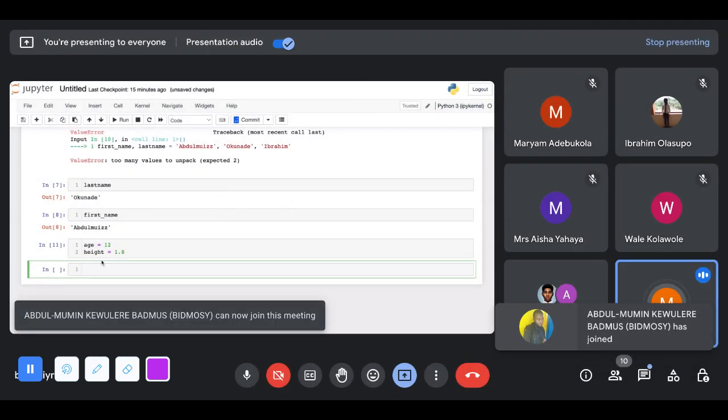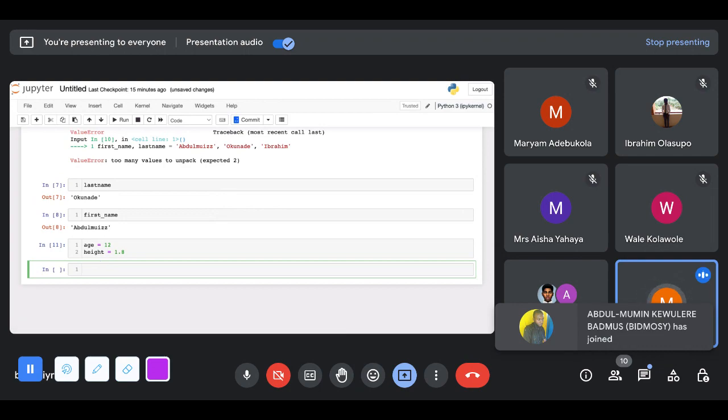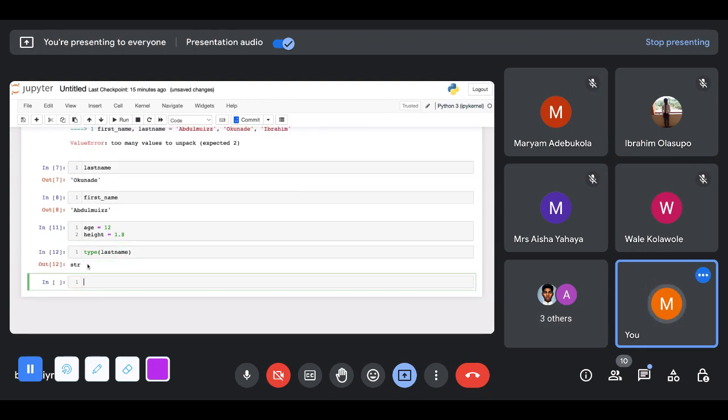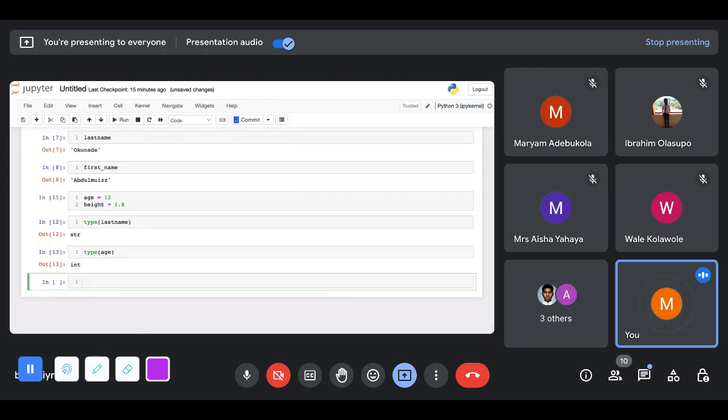We can go further and say we want to get what type of data our last name is. What you just have to do is use the type function to get it. You just say type last name. You put your variable, and it's going to return it for you. This is telling you that it is a string. Now let's do it for age. Type age. It's going to return an integer for you. And when you use the same thing for height,